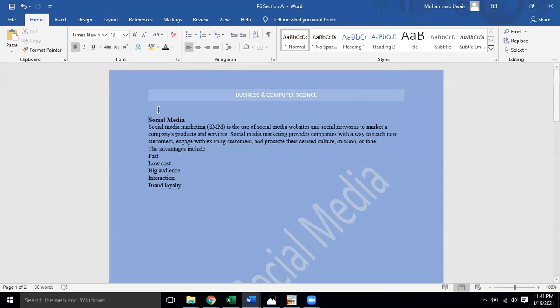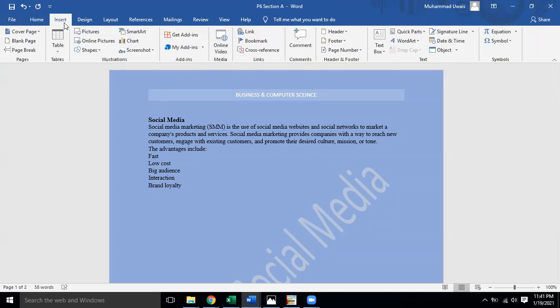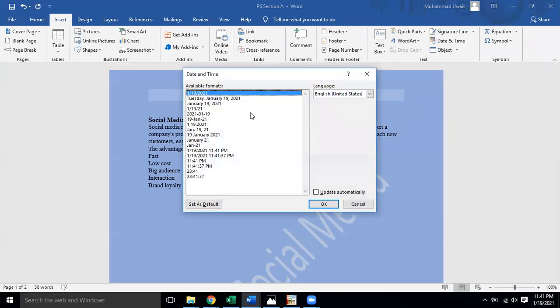So I'm going to insert over here, even up the heading, go to insert date and time, and which format they have given. This is another format where the date is coming in the American format, where the month is coming in the beginning, the date in between, and the year at the end. So these are some different formats. This one is given to us.